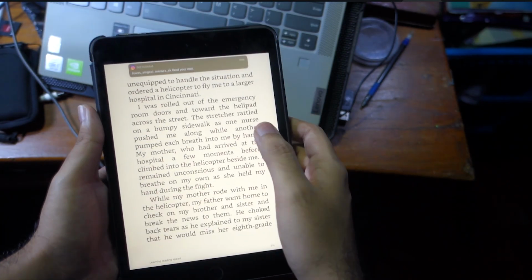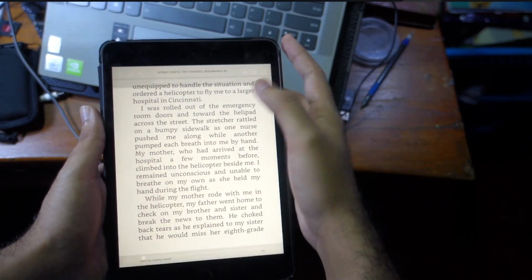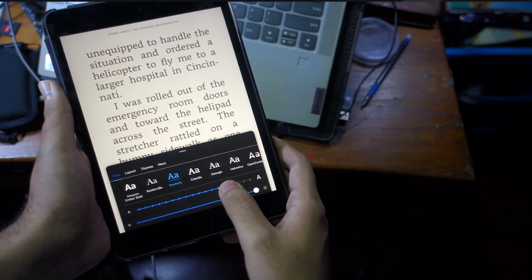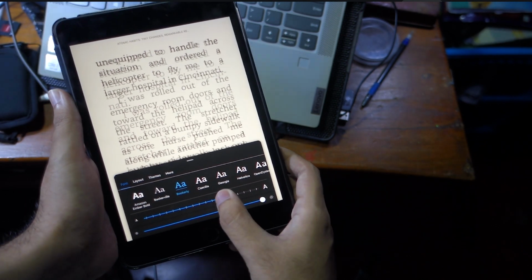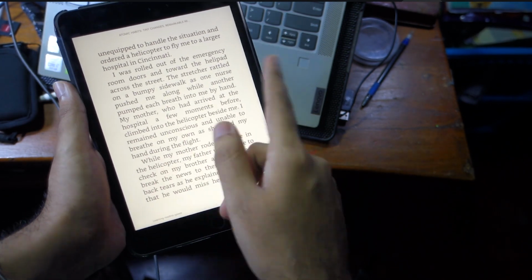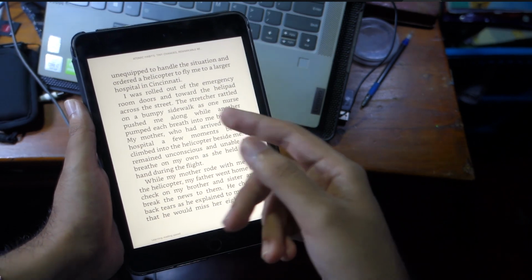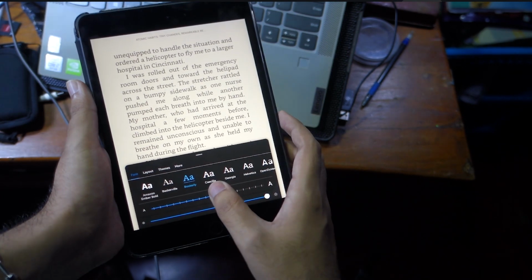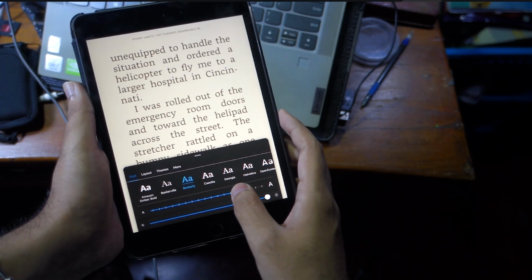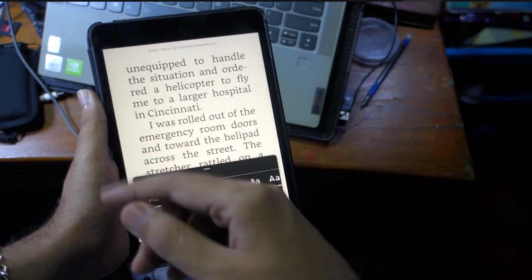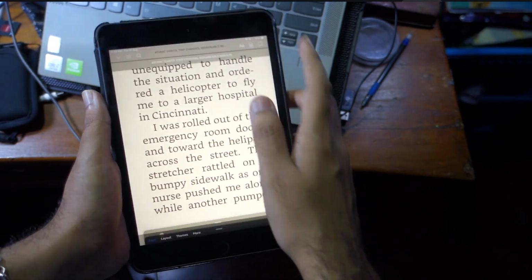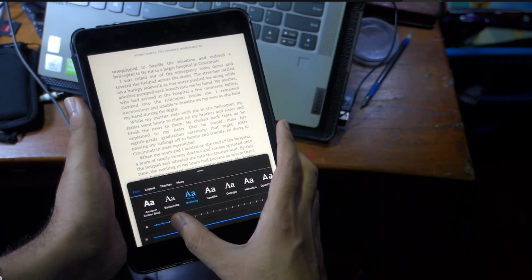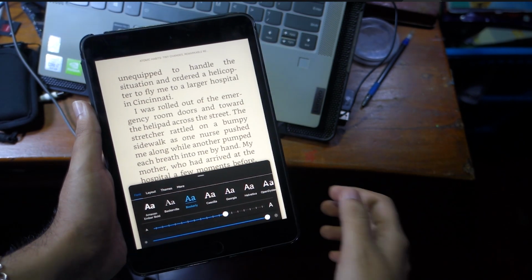So this is actually the advantage of sending the book in MOBI format. As you can see, if you go to this font icon, you can actually change the size from here. If you increase the font size, this is going to adaptively zoom into your document, and you will not have to scroll horizontally to read through the documents, which is the case when you send the book in PDF format. So in the MOBI format, it actually adapts itself. If you increase the font size, the number of words per page is going to decrease, and if you decrease the font size, the number of words per page is going to increase, and this is a big thumbs up for me.